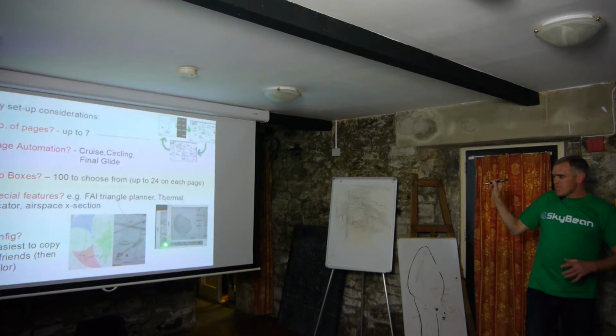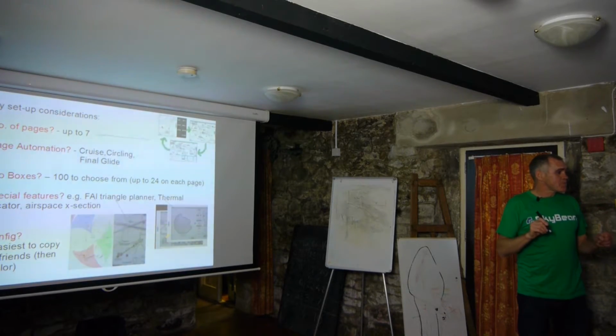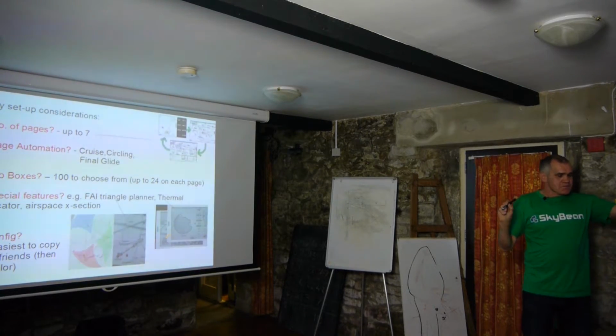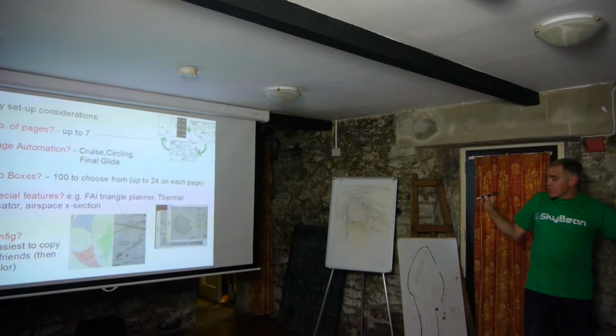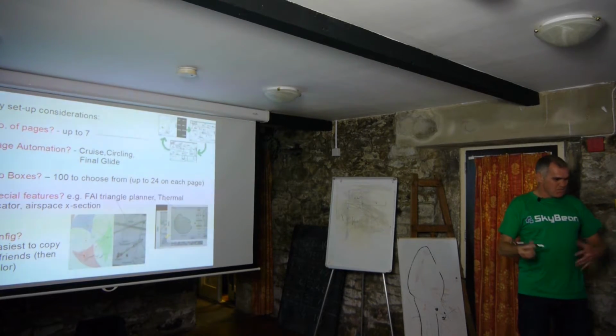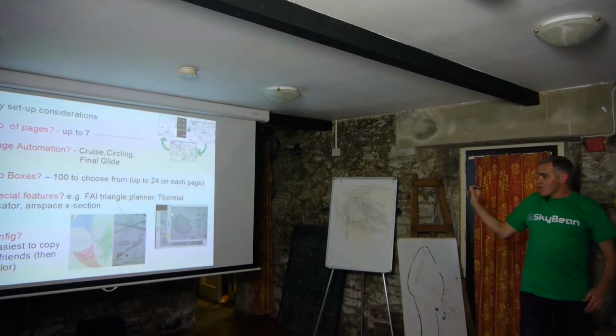Another tool, and I'm a bit on the fence with this one, is the thermal locator. You can turn it on or off, and I know quite a few people have found this really distracting and don't want it. If you've got it turned on, as soon as it thinks you're circling, and you can trial it by going round a roundabout while driving with it in your car, it will come on and you get that little symbol there. If you touch that symbol, it expands to a big symbol. A lot of people have often said, what's that in front of me? And what it is